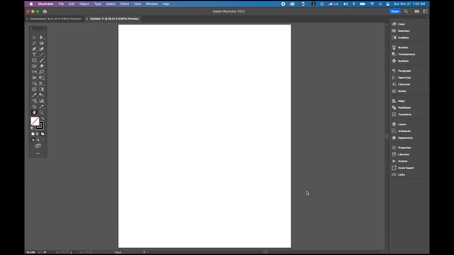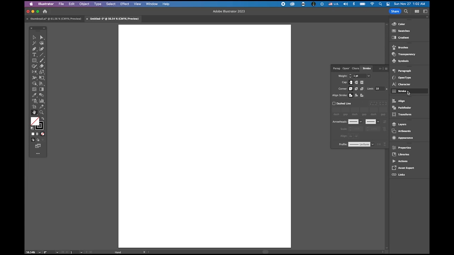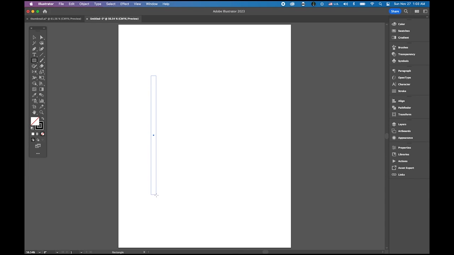Okay, so I opened a new Adobe Illustrator document. So first, please set your fill color to none and just a black stroke. And the stroke weight is going to be the finest line. Then now, from your toolbox, choose the rectangle tool and draw one really tall and skinny rectangle like this, about